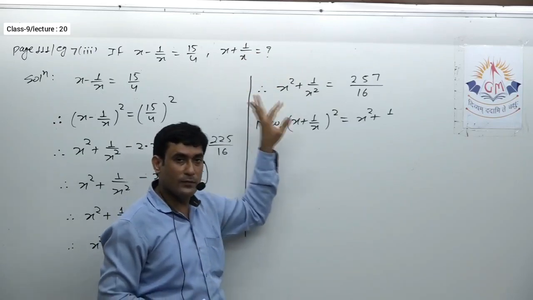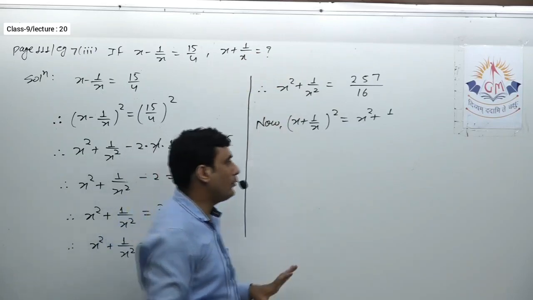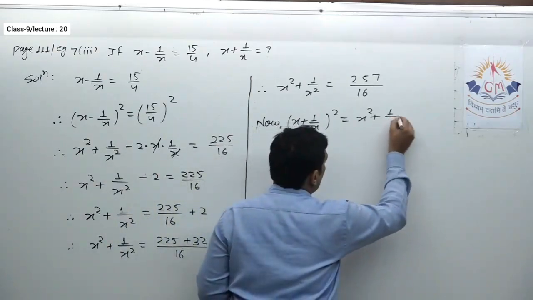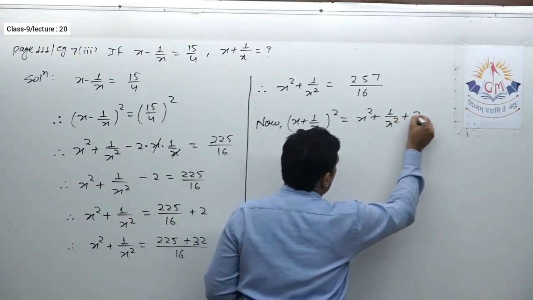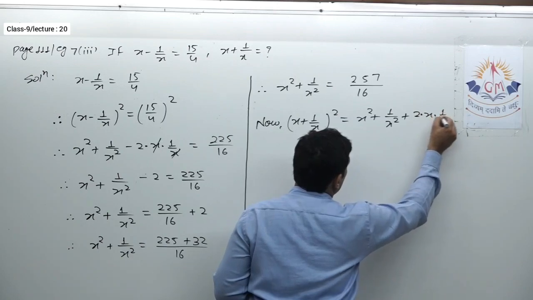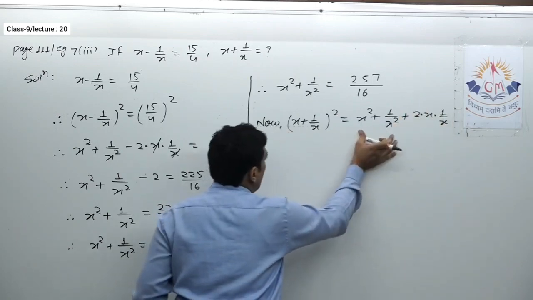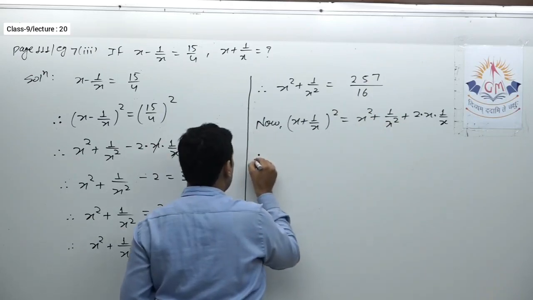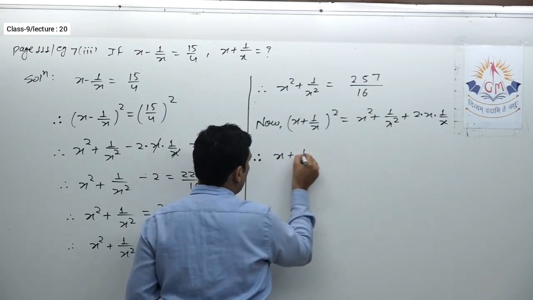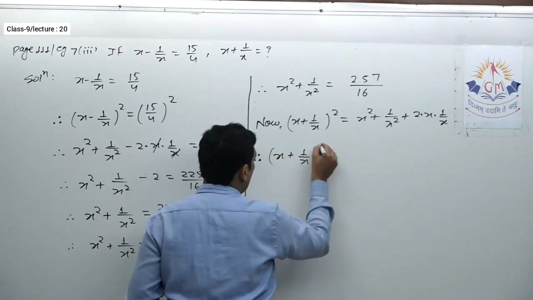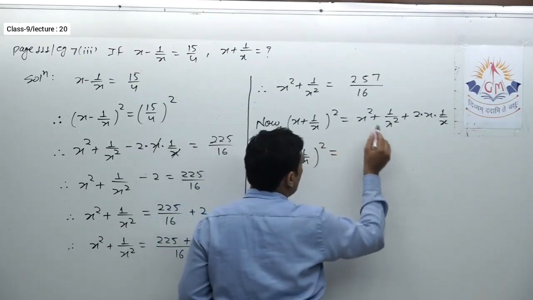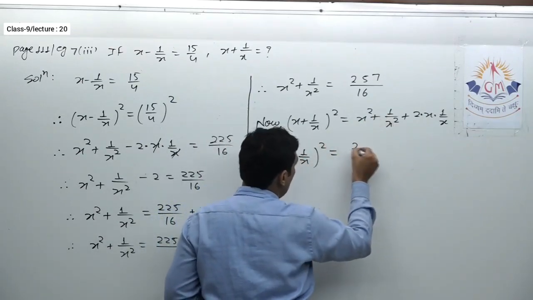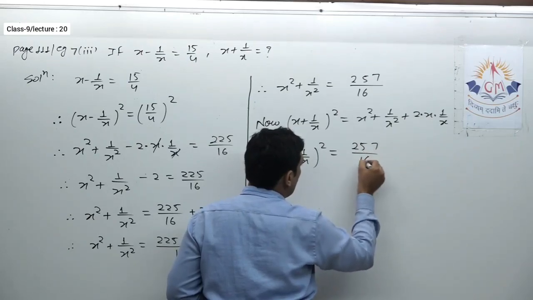So I have to start with the smaller one by making it a square. x square plus 1 upon x square plus 2 into x into 1 upon x. Now this value I already have over here, so I will put it over here. So this gives me x plus 1 upon x whole square is equal to 257 upon 16